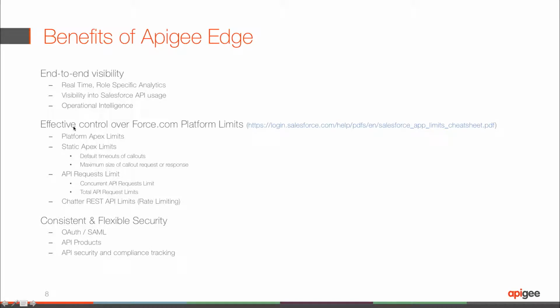This one I think is a very, very important benefit. So essentially what we're talking about is effective control over force.com platform limits, and you can go and look at this link, login.salesforce.com/help/pdf/en/salesforce_app_limits_cheat_sheet.pdf. This link actually shows you all the different limits that are inherent within the Salesforce platform. For those of you who have been using Salesforce for a while, will probably relate to this